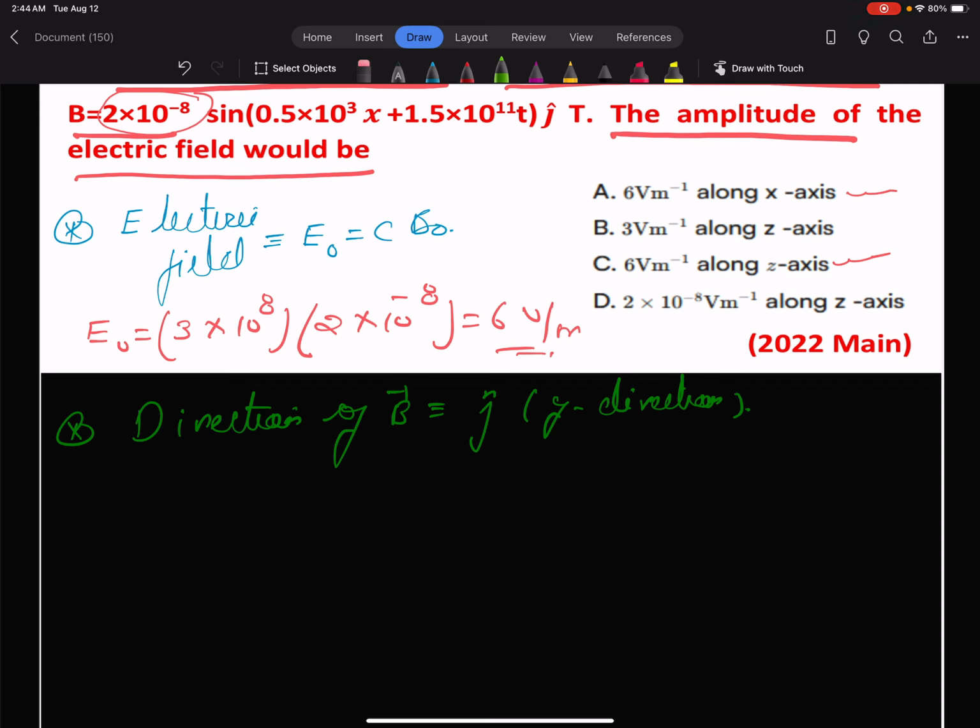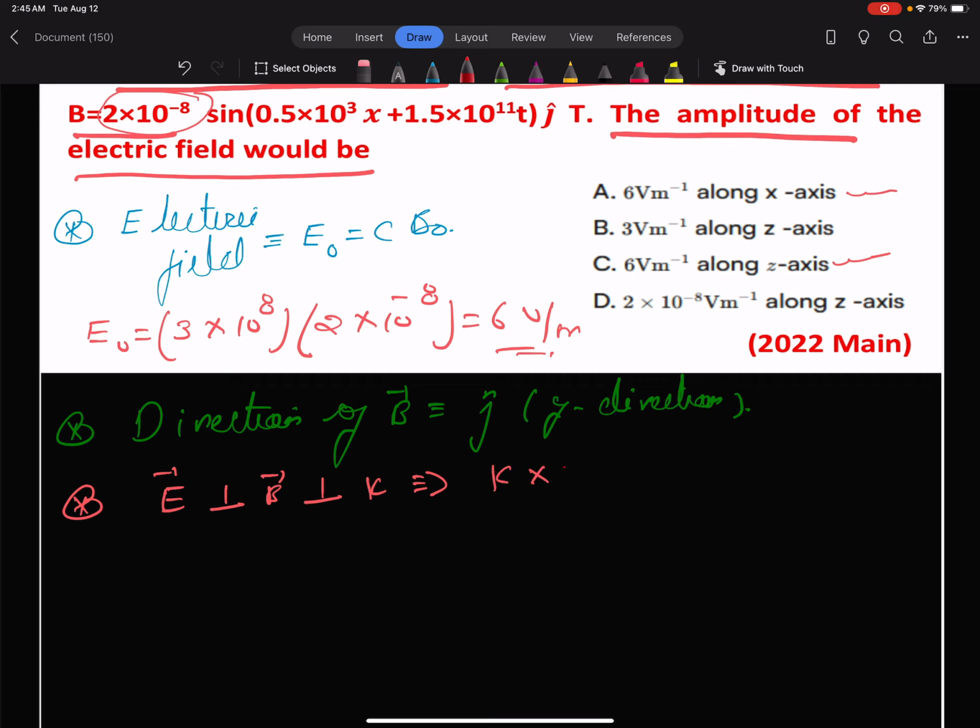And we know that the electric field is perpendicular to the magnetic field, and the wave vector is also perpendicular. So all these are mutually perpendicular to each other, and they satisfy the right hand rule,